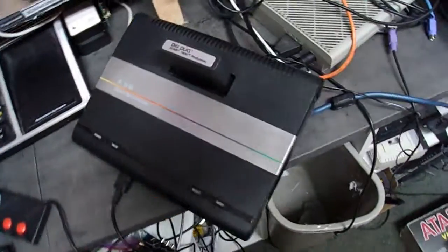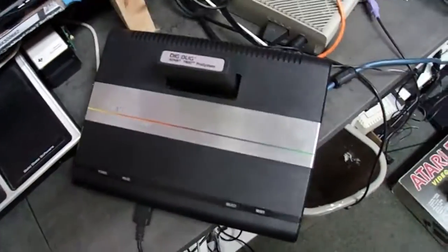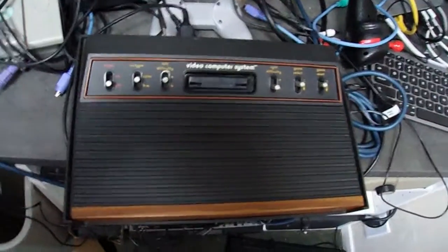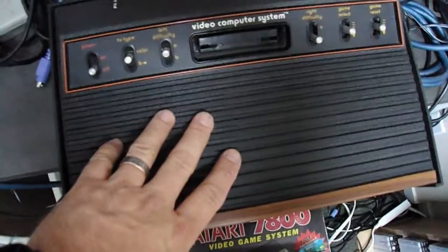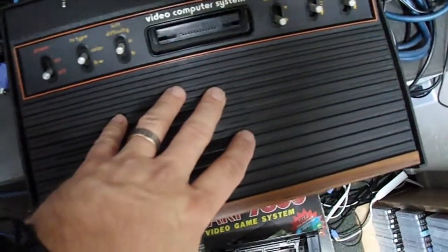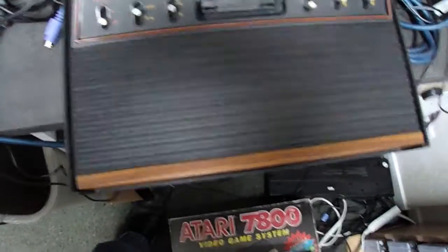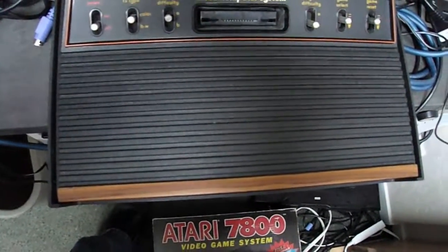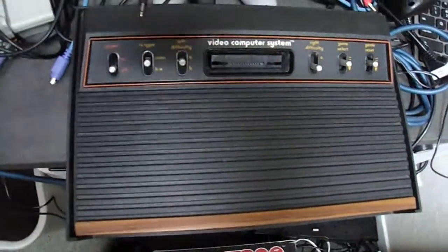Alright, this is proof of life for a UAV installed in a customer's 7800, and then what was going to be a UAV install in a 2600 but ended up just being a jack replacement for the 2600. The reason being is that there was already a modification in here that gave stereo output, and honestly there was about 12 wires coming out of it that I felt the customer wanted stereo output anyway, and although